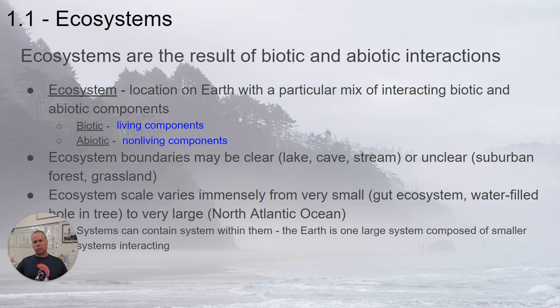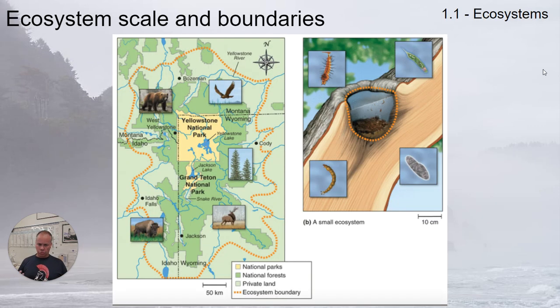And one large ecosystem can, within it, contain smaller ecosystems interacting with each other and with materials flowing from one ecosystem to another. So the scale of ecosystems can vary drastically. This image shows a conception of that, from a little hollow in a tree with a few various species and water and so forth, to huge ecosystems that cover multiple states, multiple areas in and around Yellowstone National Park. These are both considered ecosystems, but at widely different scales.